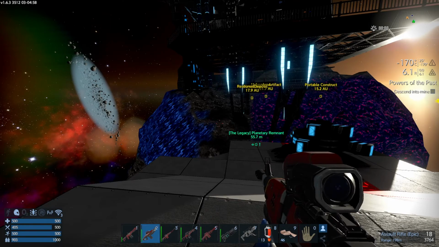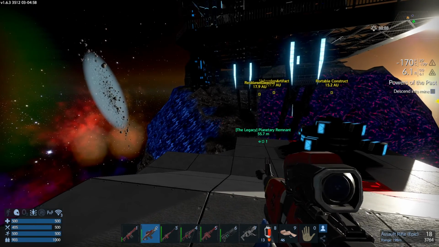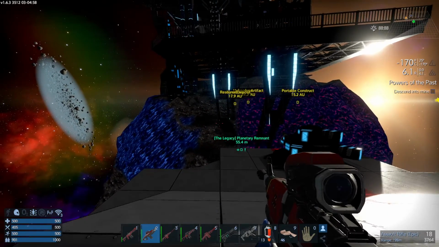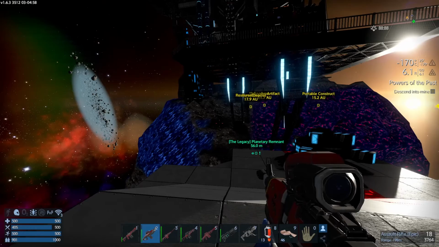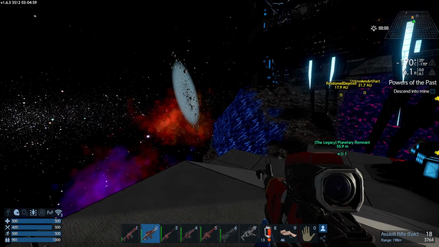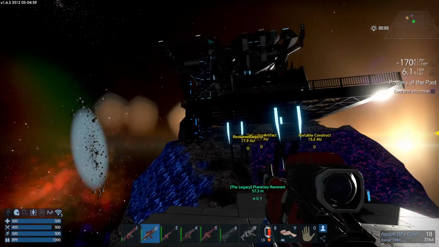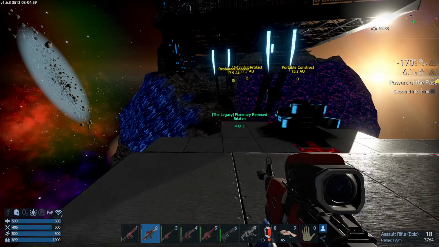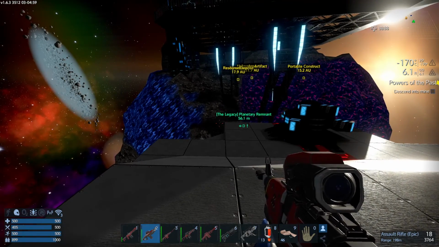Welcome to Project Eden for Empyrion Galactic Survival, and we are starting this video overlooking the Planetary Remnant, which we travelled to in the last part as part of Chapter 6. As you look on the right hand side there, it says we have to descend into the mine, and the entrance to the mine is up there. But in fact, there's actually two ways that you can approach this